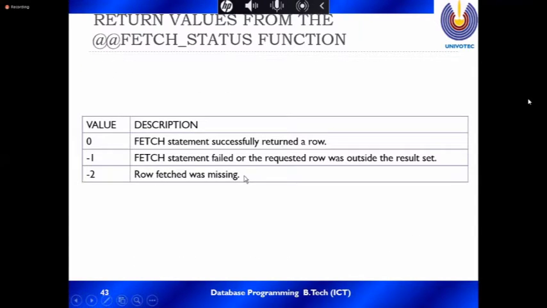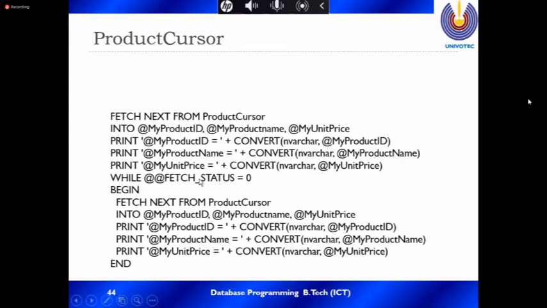I already mentioned that 0 means the fetch statement successfully returned a row. If it is 0, then there are rows, so it retrieves the row, then prints. Otherwise, the loop ends. It continuously checks, so you can retrieve more rows.